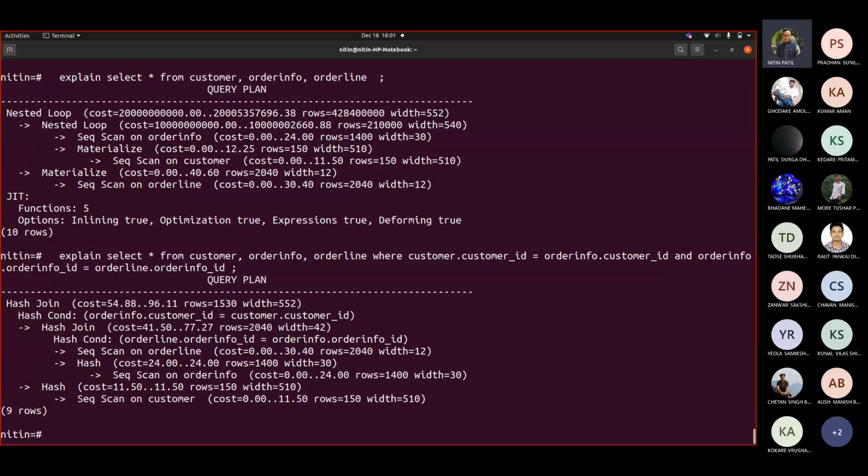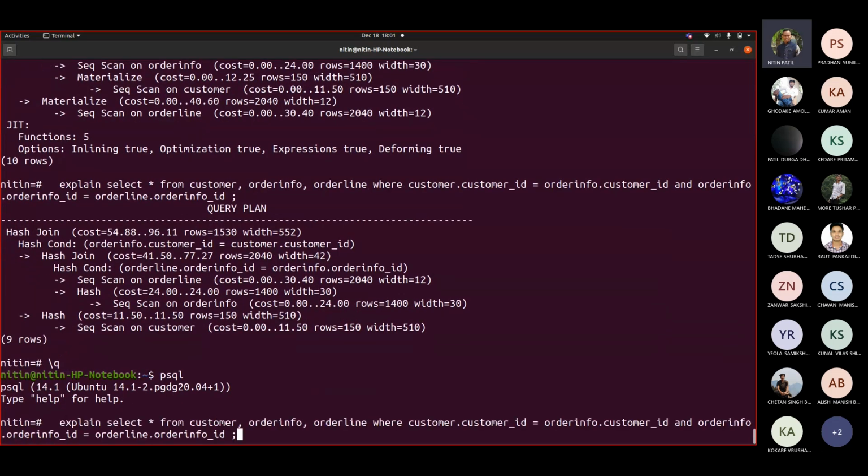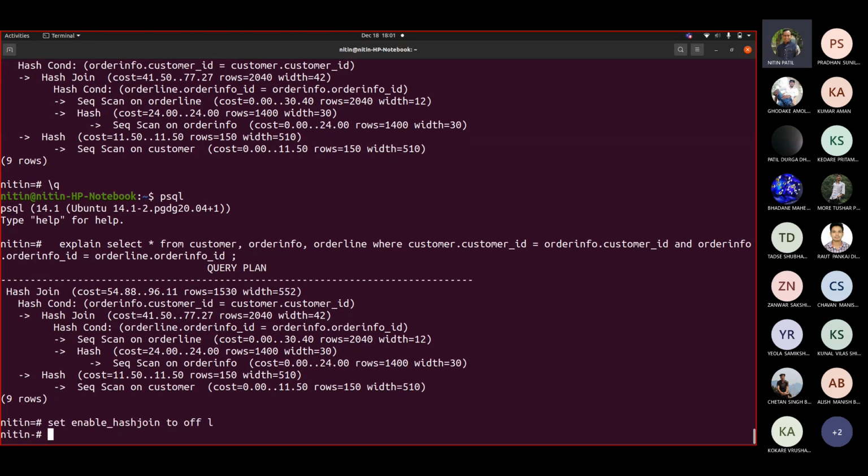I am getting a bigger plan now. Okay, let me switch it off. Let me start. Yeah, now see the plan. So you are getting hash. Hash was added, sequential scan, hash condition. Correct. Now if I say set enable hash join to off.